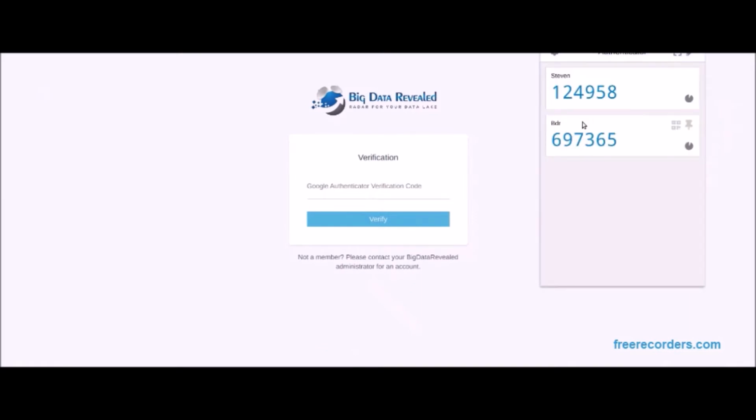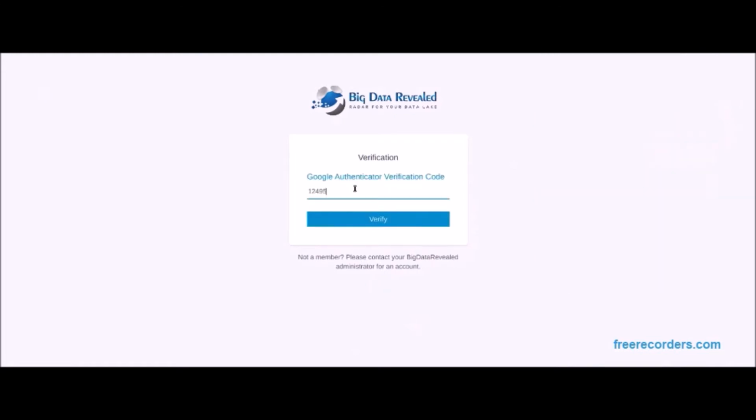When the user selects sign in, they are prompted to deliver a two-factor verification code from the BDR Google app. Now the user sees the current two-factor code, though this code will change every 30 seconds and every time a new key code is entered. Prior, the user entered the administrator-delivered key, and we suggest this happen at varied times to deter any types of hacking. The user enters their code and if successful, as this one is, the user is now in